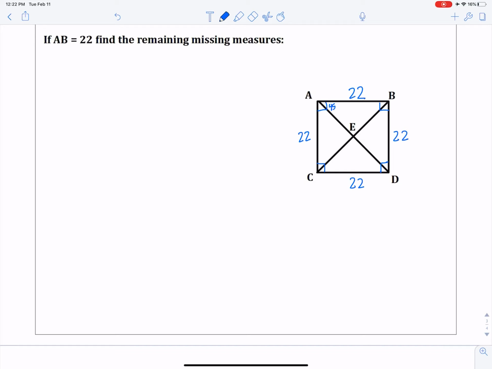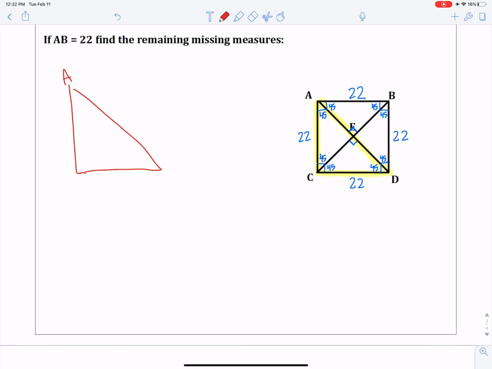So this is actually 45, 45, all the way around. And I'm just going to go ahead and mark all of them. I know that the diagonals are perpendicular bisectors, so I'm going to mark 90 degrees there. And then to find the side lengths, I'm going to use this 45, 45, 90 right triangle to find my other pieces. So I'm using that triangle ACD,